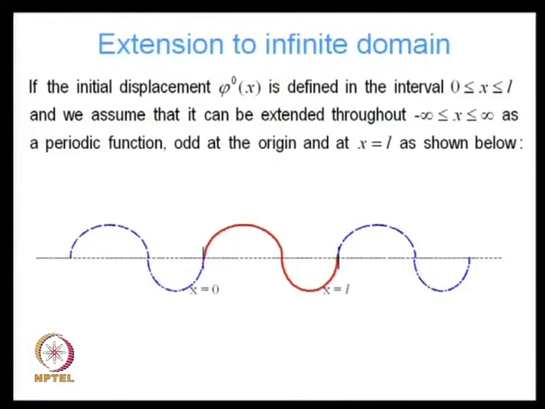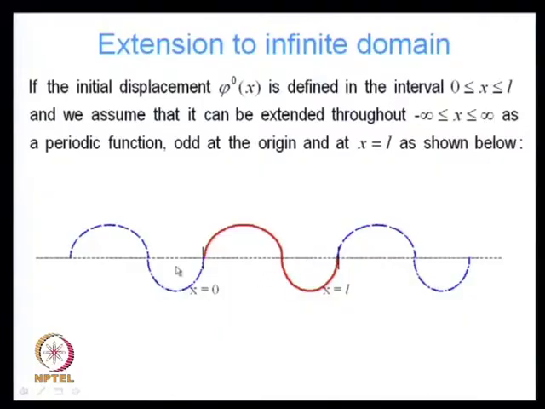Now, if I extend that, I assume that my initial condition is extended for the entire x axis, stretching from minus infinity to infinity, but extended in such a manner that it satisfies this periodicity boundary condition. So that it is 0 at x equal to 0, x equal to minus L, x equal to minus 2L, x equal to minus 3L, x equal to 2L, x equal to 3L, and so on and so forth. If that happens,